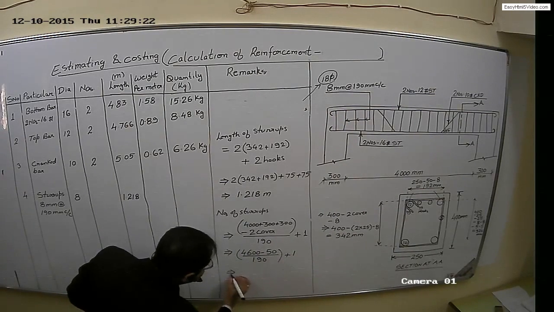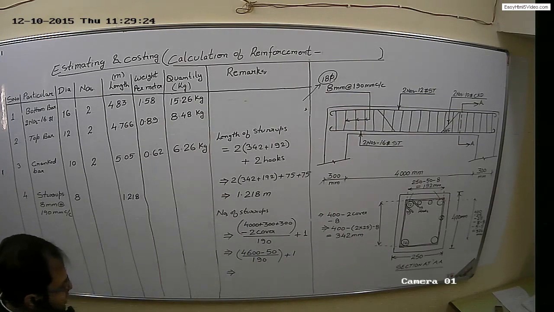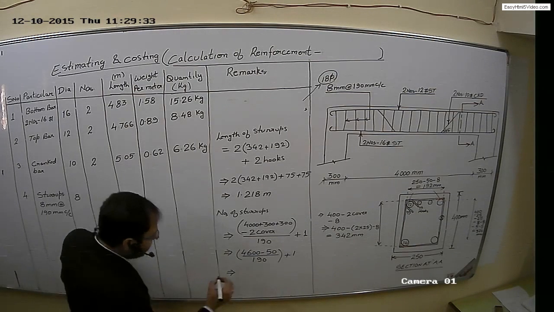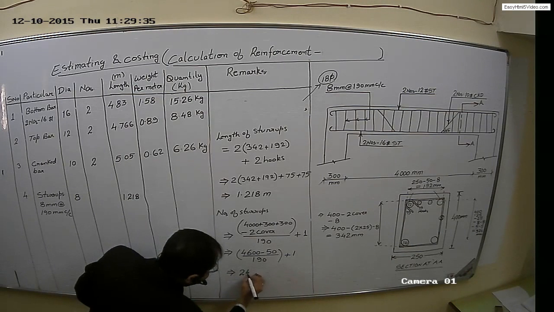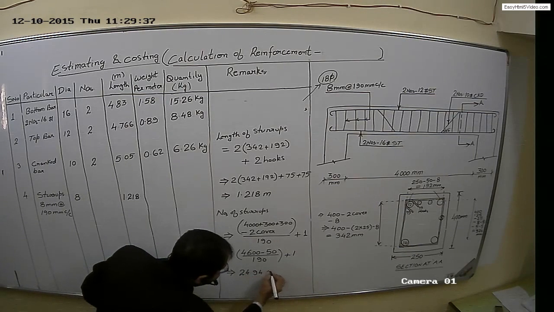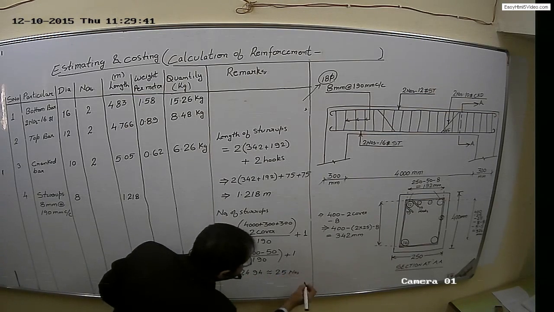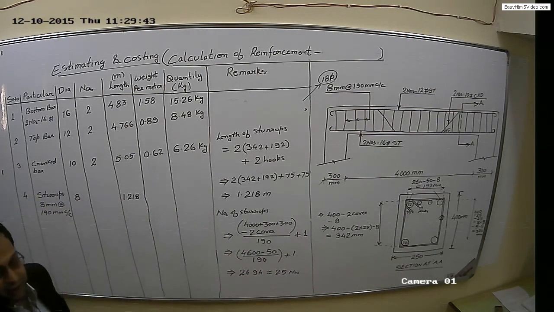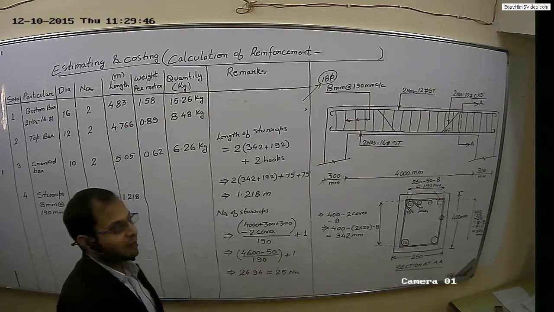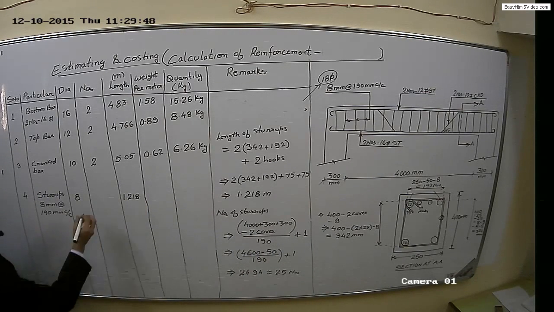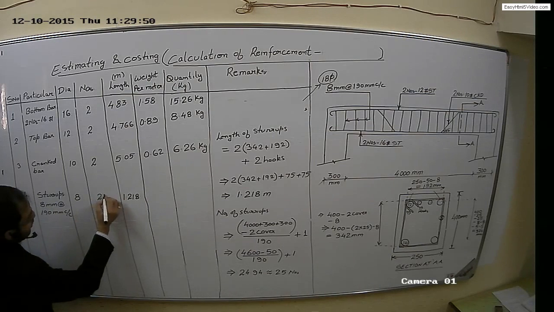We'll get the number of stirrups. So 4600 minus 50, divided by 190, plus 1, which is 24.94. Rounding on the higher side, we'll take 25 numbers of stirrups in this particular beam, at the spacing of 190 mm center to center. So there will be 25 number of